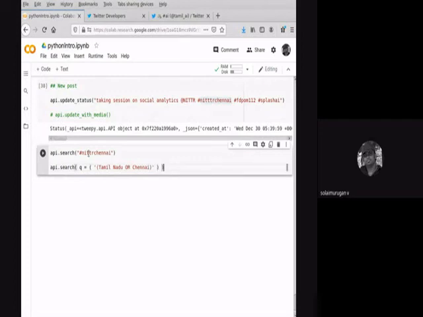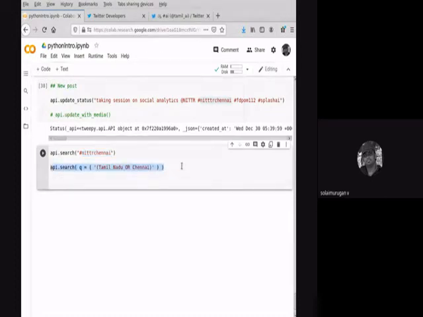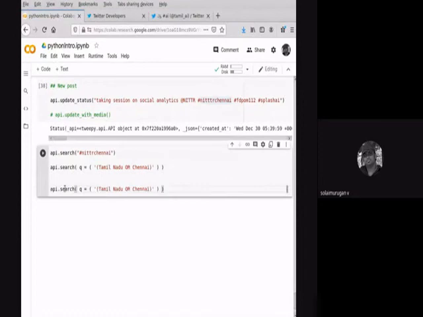If you want any hashtag, you can put simply the hashtag, or if you want tweets which have the words Tamil Nadu or Chennai, either of these words or both words will be returned, and you can make the search accordingly. Search Tamil Nadu, Chennai.